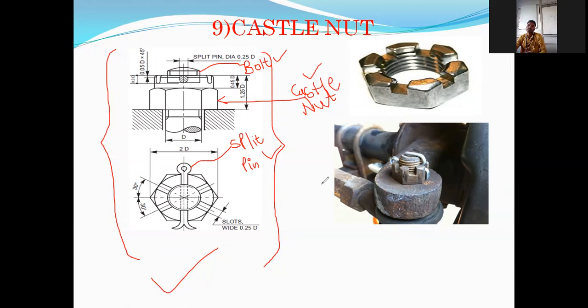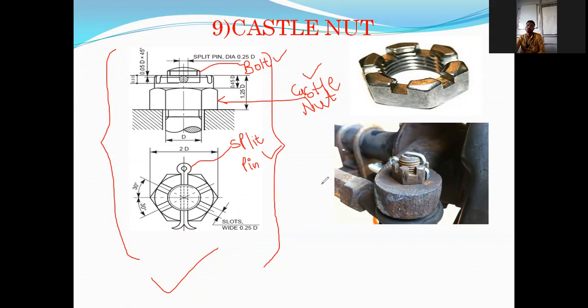Draw a freehand sketch of castle nut and split pin. In that case, this diagram needs to be drawn. Castle nut and split pin. Okay, so further, in your oral or exam, once we are going to study this type of nut,